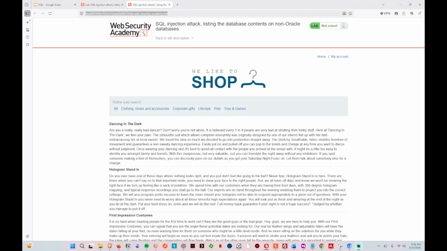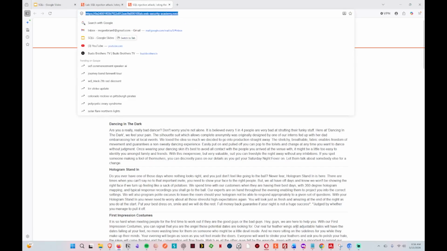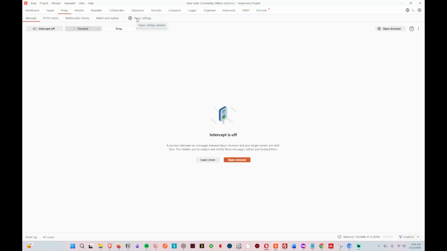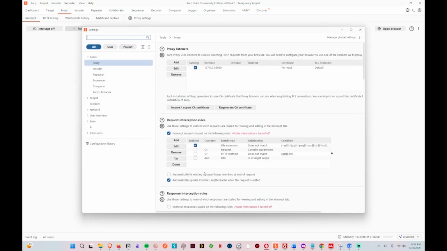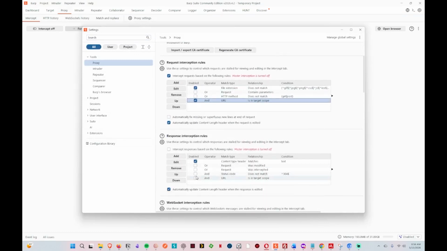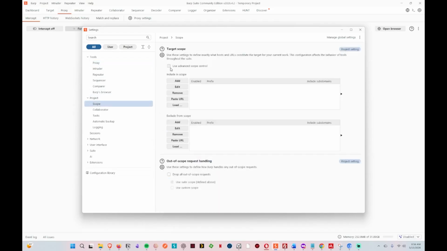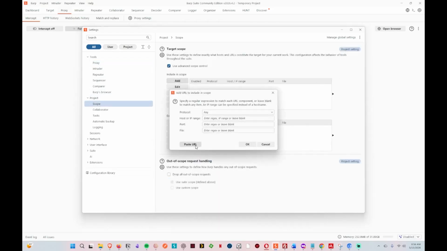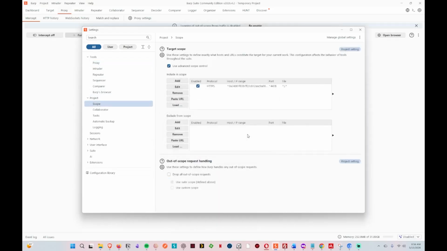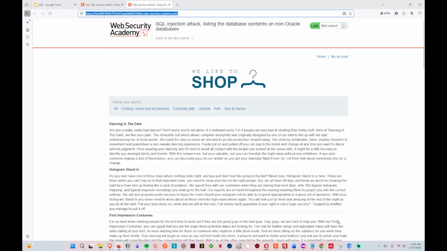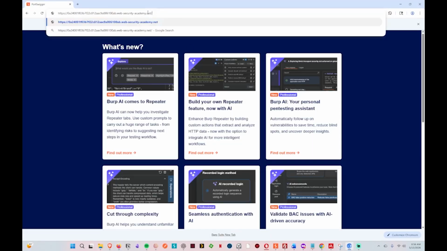So we got our lab pulled up here. We're going to take this and add it over to our Burp. And how I always go, I always go to proxy first. I always check these two to only collect data from what is in the scope. So I'm going to go scope, paste URL, go OK, get rid of that. Then opening up our browser,